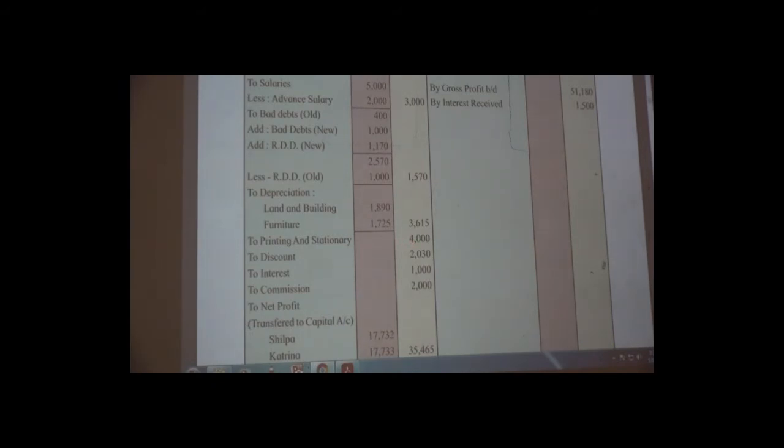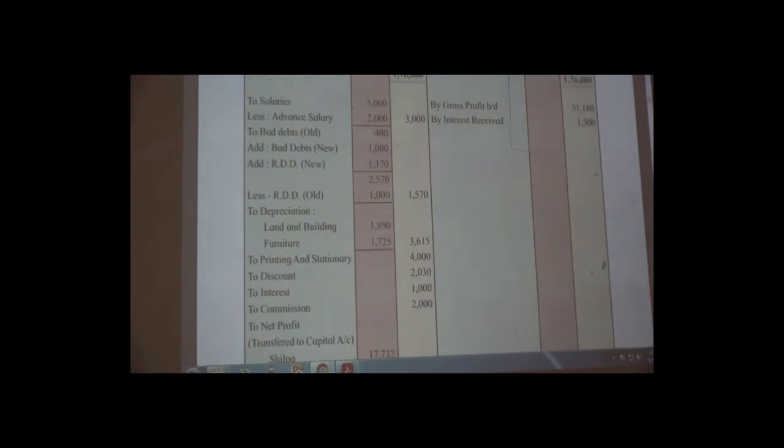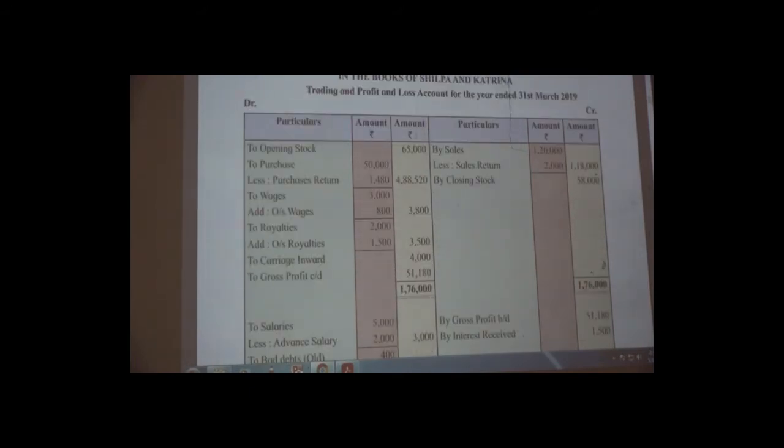Then again see in question, our next item is wages. See, wages are the direct expenses. So wages are to be shown always on debit side of trading account. See here, wages are shown on debit side of trading account and the amount is written on inner column because there is the adjustment. Just now we are going to see the item posting. Adjustments we will consider later on. Okay. Then next, see the next item.